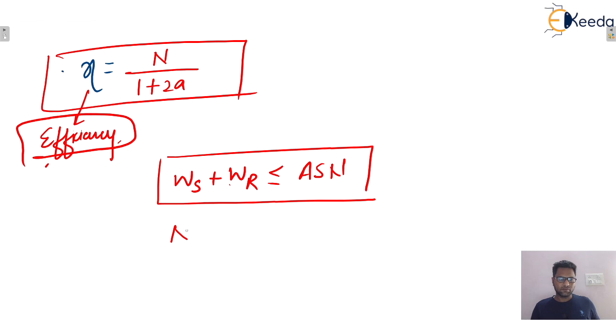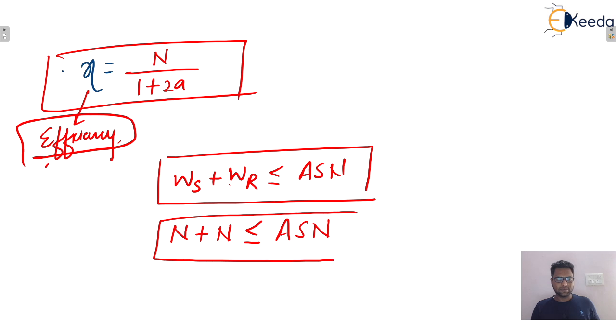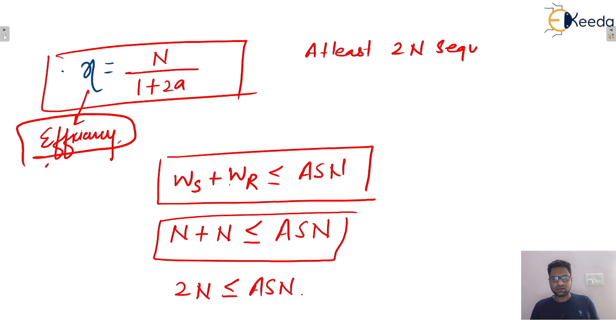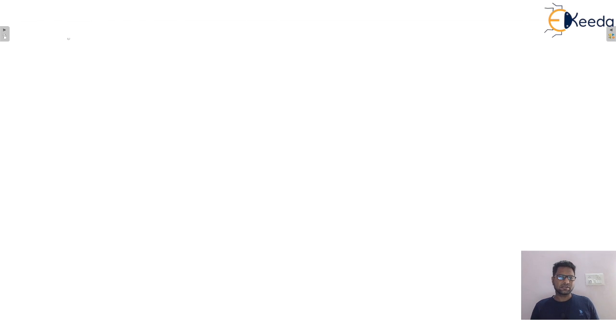Here sender window size is n and receiver window size is n, so 2n is less than or equal to the available sequence numbers ASN. So we can say that at least 2n sequence numbers are required. Let us take one example.